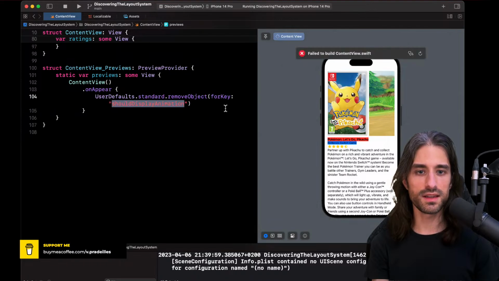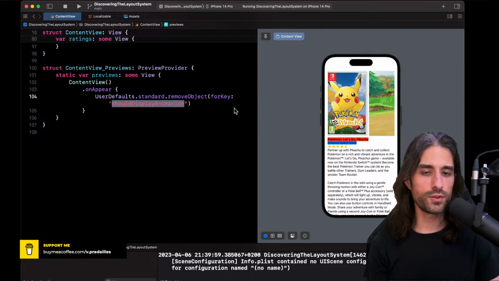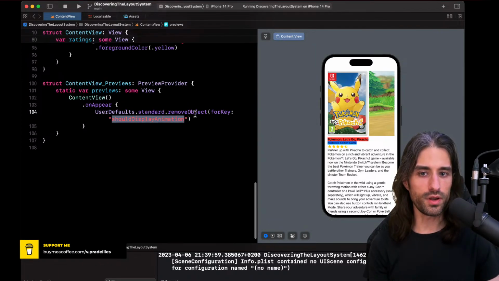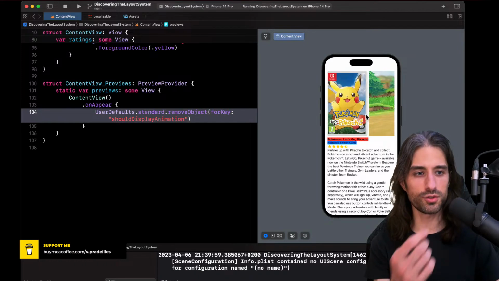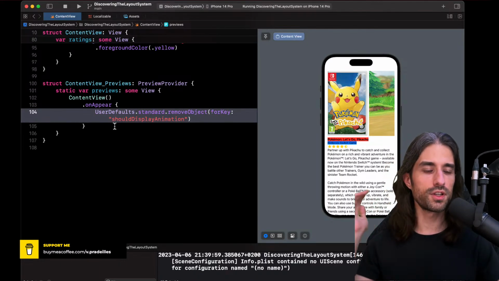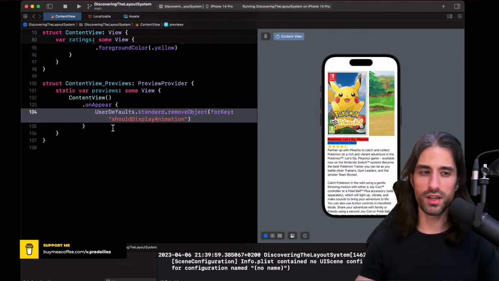And so by setting this code, now when the preview is run, if I run the preview again, you can see that every time the preview is run, the animation is run. So every time I save my file and I run the preview again, the animation is run because now the user defaults is being reset every time.